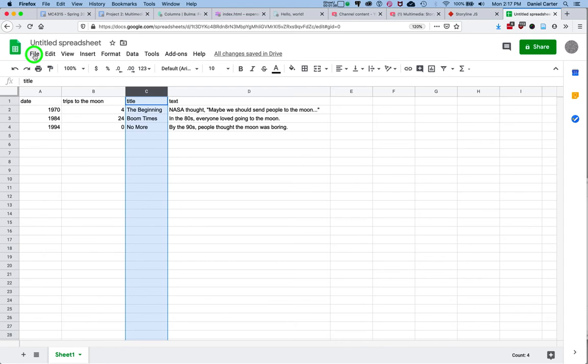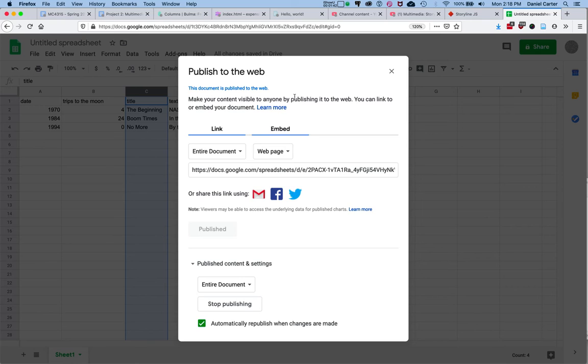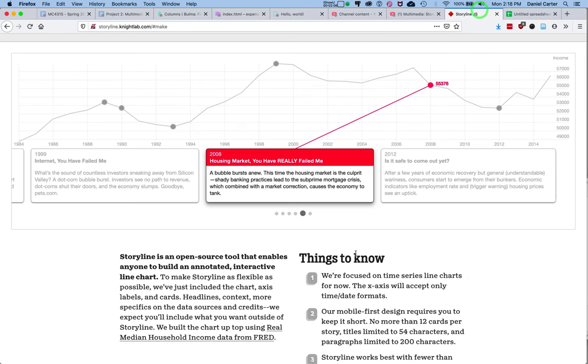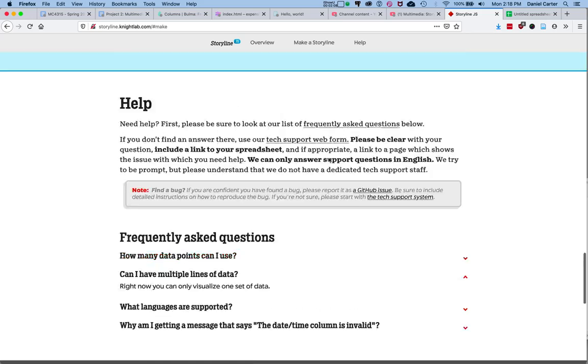The next thing I'm going to do is File, Publish to the web. I've already published this one, but you'll have a button here that says publish. Click it, and then it's going to say, are you sure? And you'll say yes. And then we get out of this and we copy the URL to our spreadsheet. So this is really important. When you click publish, it will give you a URL in that dialog box. We want the URL out of the browser's address bar. So I'm going to take that and I'm going to put it right here